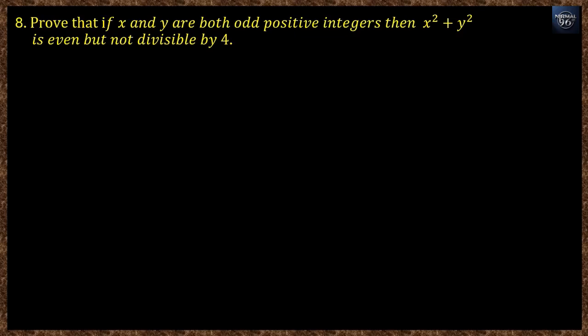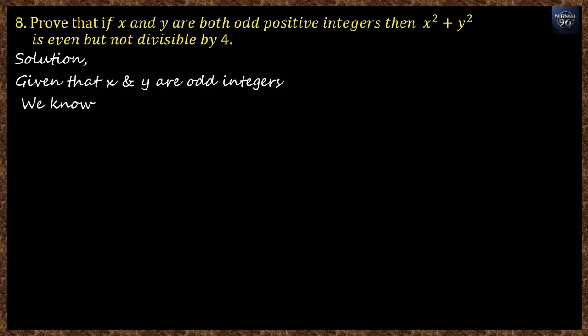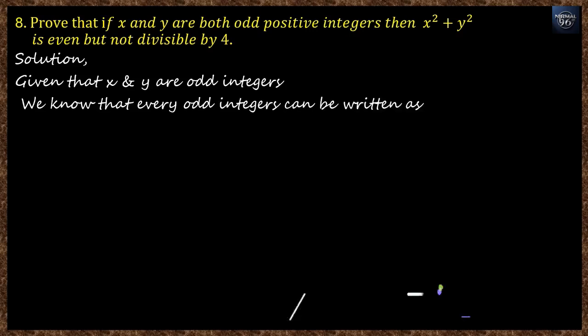So you have to prove that if x and y are any positive odd integers, then x square plus y square is even but it cannot be divided by 4. Seems to be tricky but very easy. Let's see the solution. Given that x and y are odd integers, we know that every odd integer can be written